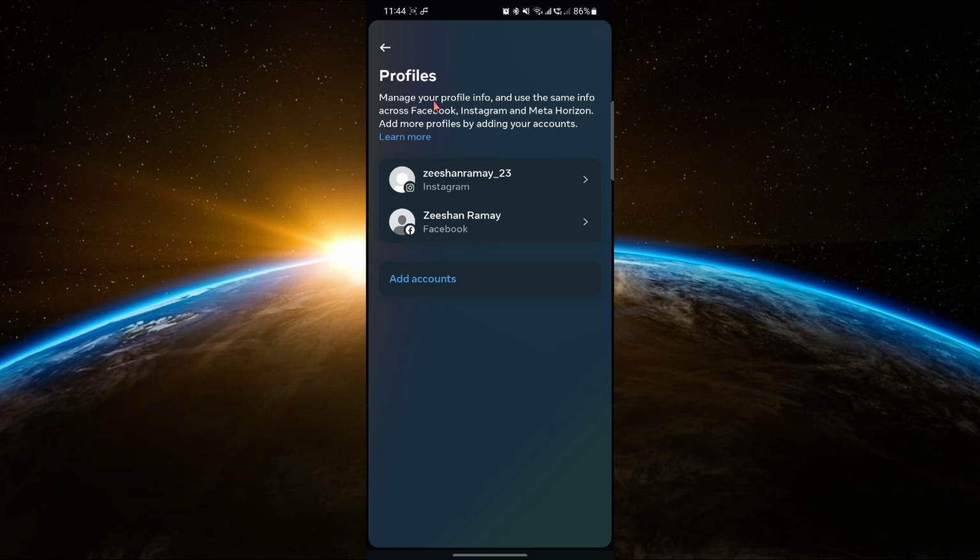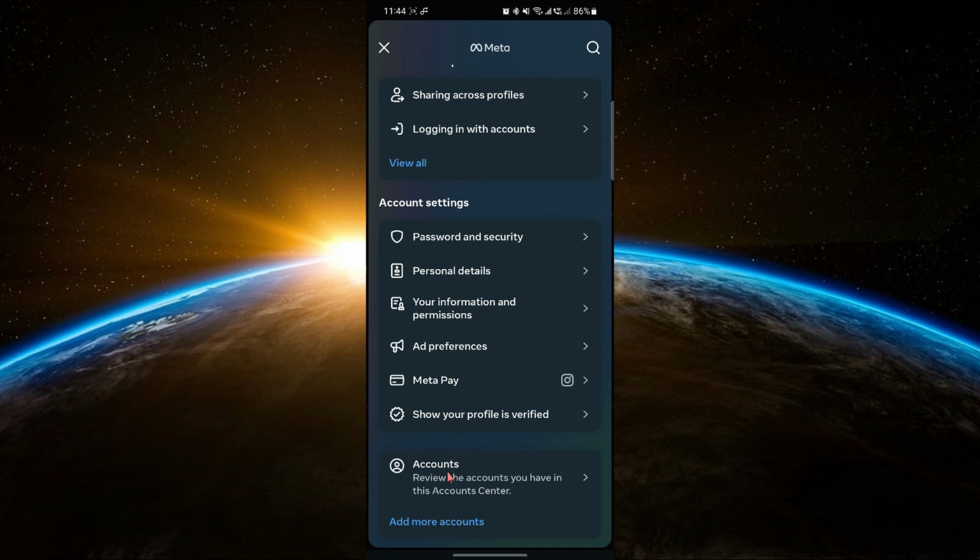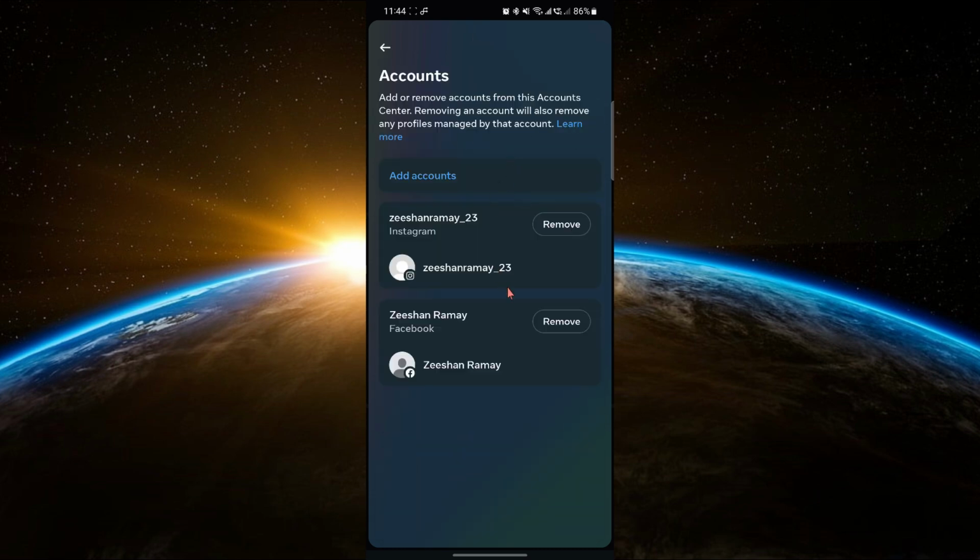Tap on Profiles at the top. You'll see the accounts connected to both Instagram and Facebook. To unlink, go back to the main Account Center page, tap on Accounts, and then tap on the Facebook account